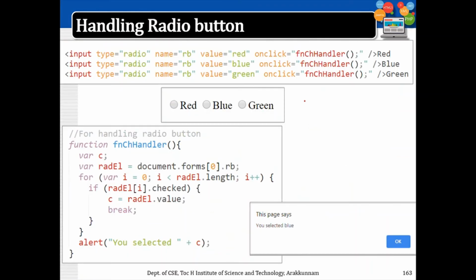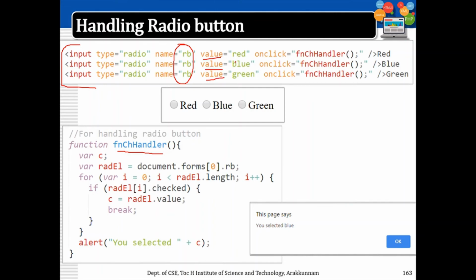Now we see another example, handling a radio button. I have created a function chHandler, choice handler. I am not displaying the full HTML page. I have three input radio buttons. All of these will have the same name to make it a radio group. But I have to give each a value.